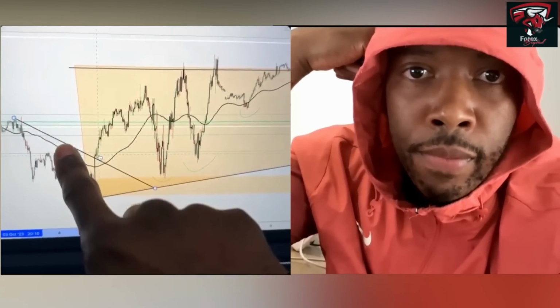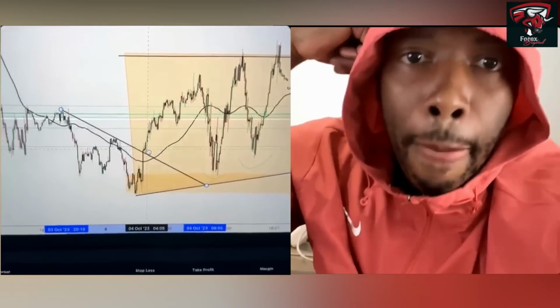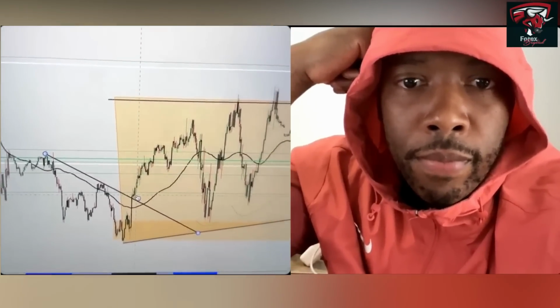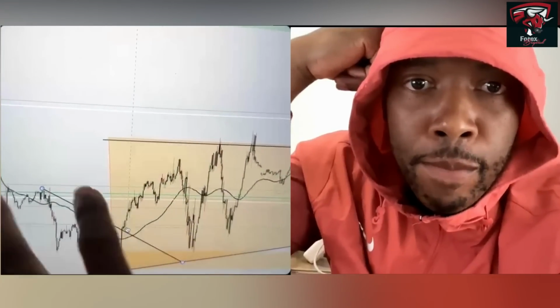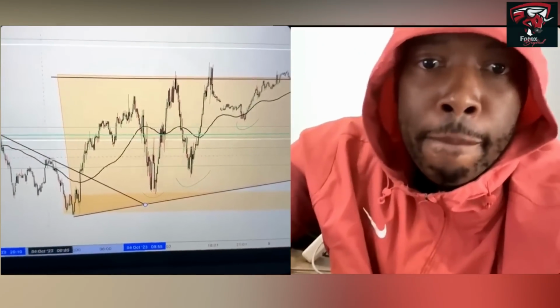And once it broke that level of resistance, I knew that I was in good money, because I have to have this kind of move to then form a level of support, to then build up that candlestick analysis that you're seeing on that weekly time frame. From that point, all throughout that new week, you had this entire transition phase that had to happen, which was a downtrend and a break of that previous lower high point there,